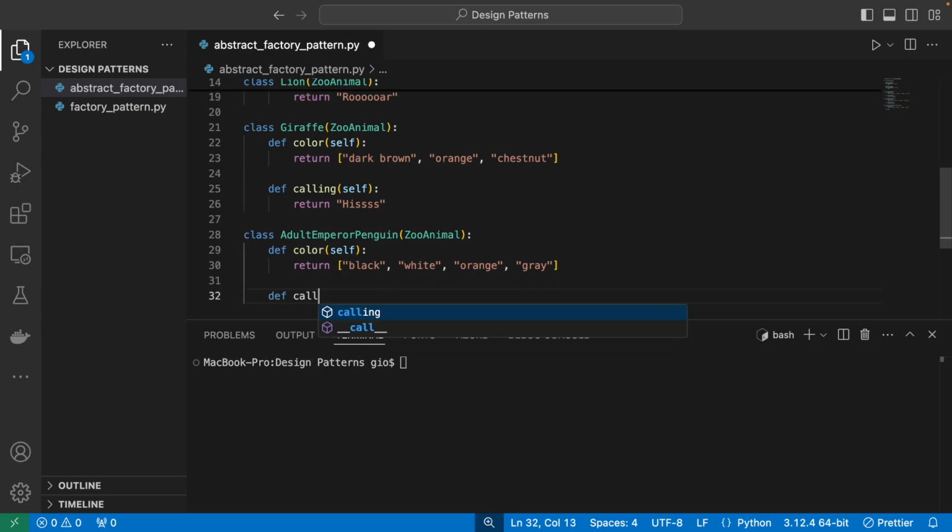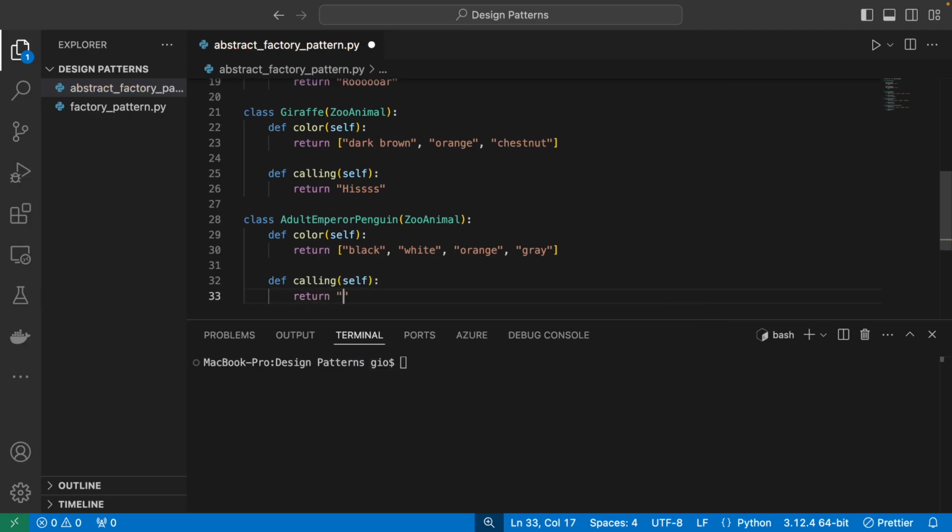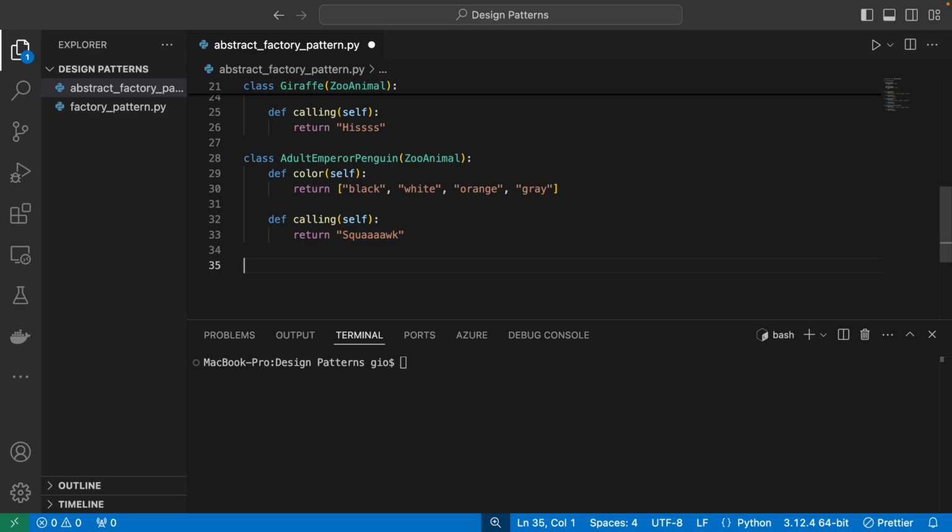And then for calling, what I'm going to do is return the noise that an emperor penguin makes, which is squawk. I'm pretty sure they make a lot of other types of noises, but that's just the distinct one that I remember. And lastly, the next animal that we're going to create in the zoo is a personal favorite,